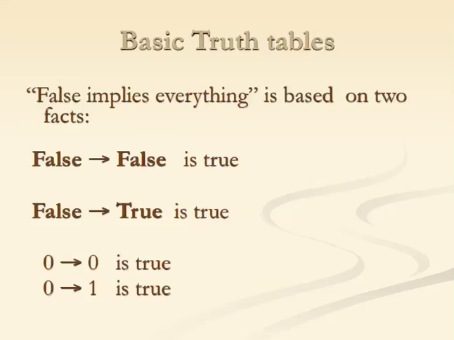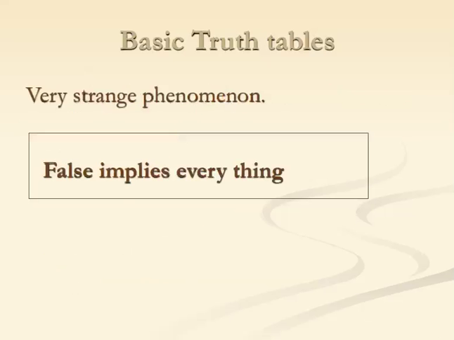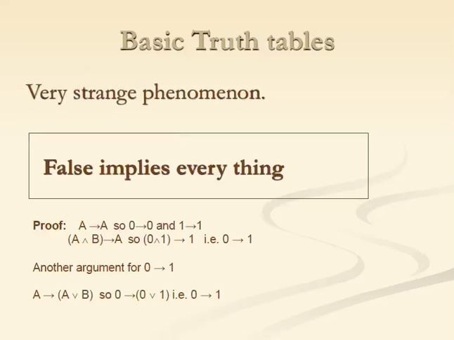So false implies everything. I talked about it last time, but let me return to it so you can see it. One way of explaining it, slightly different from the last lecture, is that I will explain why false implies false is true and false implies true is true. So both of them are true. This is the thing that false implies everything. And here I can provide a proof of it.